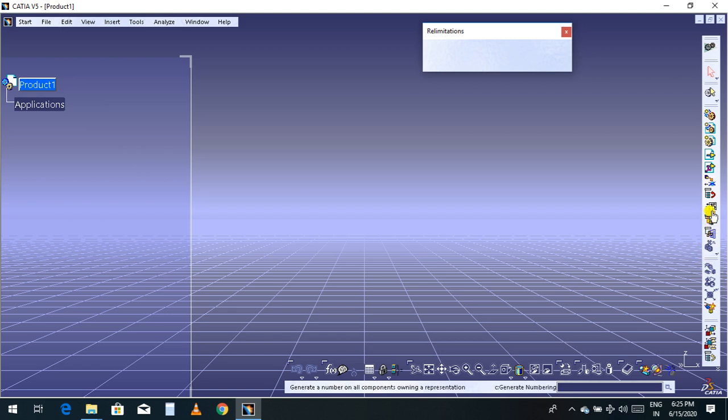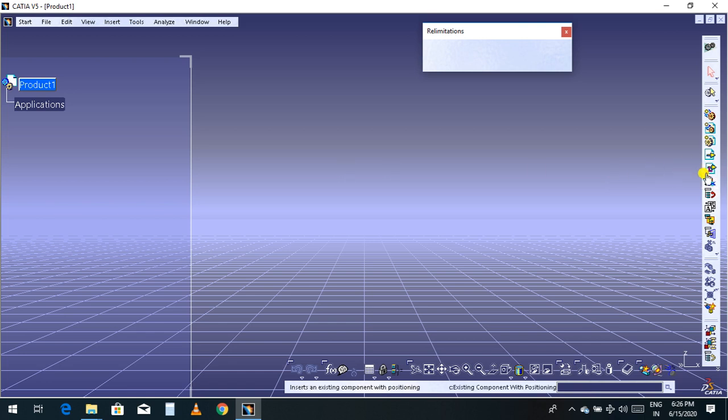So now in this video I am going to discuss existing component and existing component with positioning. So what is the difference between these two? Existing component means it will automatically fix the position, and you can't move or push one part to another in any direction. But if you choose existing component with positioning, then through the position you can change the positions by your requirement. So this is the difference. So let's start the assembly.